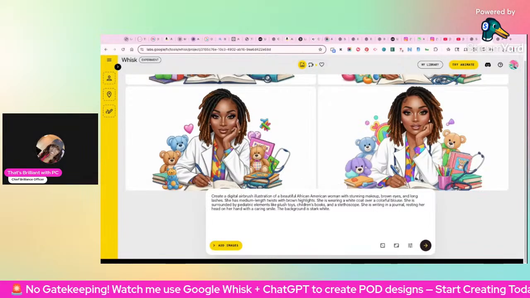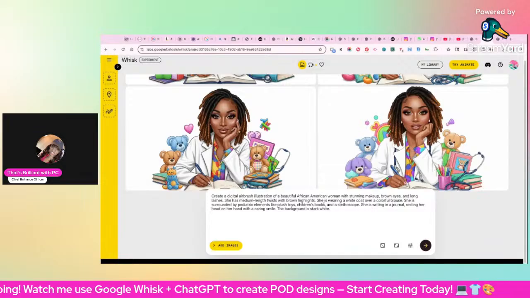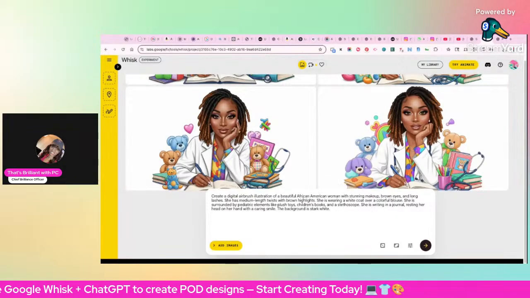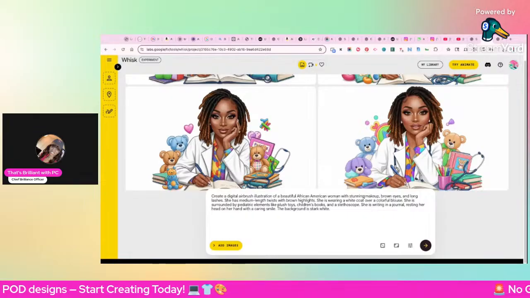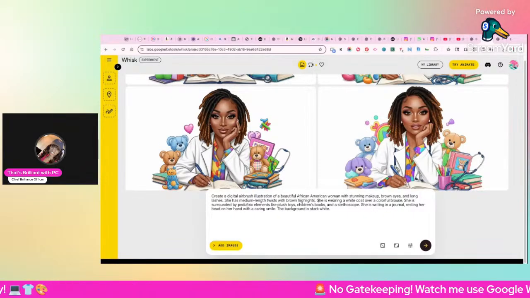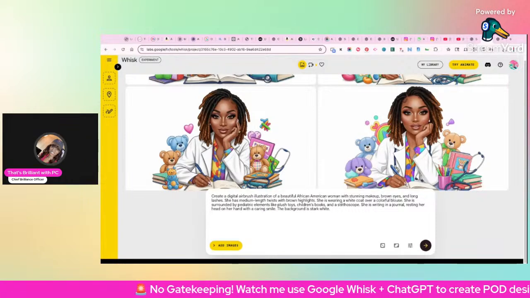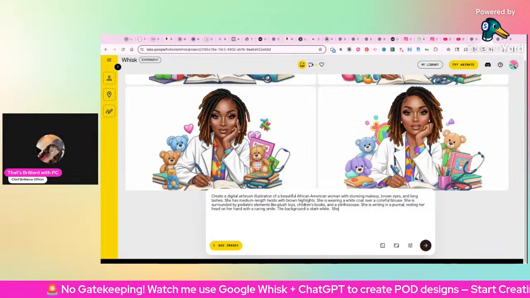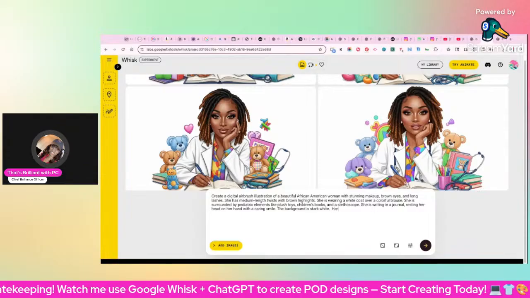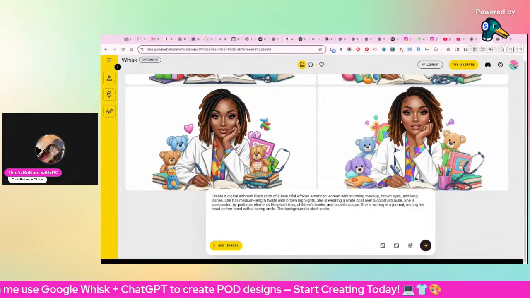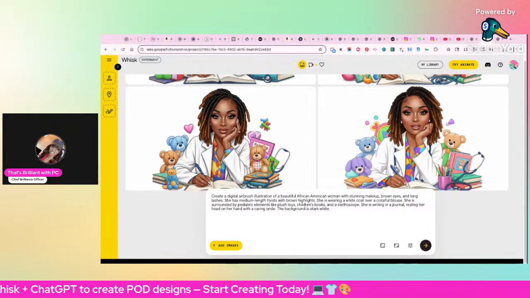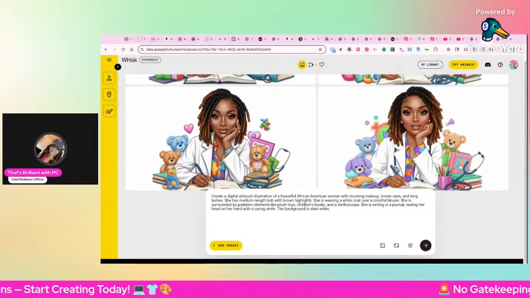Let me see. Where is... trying to find the braids. Why am I not seeing that being long? It doesn't even say braids. She is surrounded by, wow. Okay, so let's just do this. It didn't even say anything about her hair. Oh, I see it. It says twist. Okay, medium length. I'm going to change it to bob. And then I'm going to take out